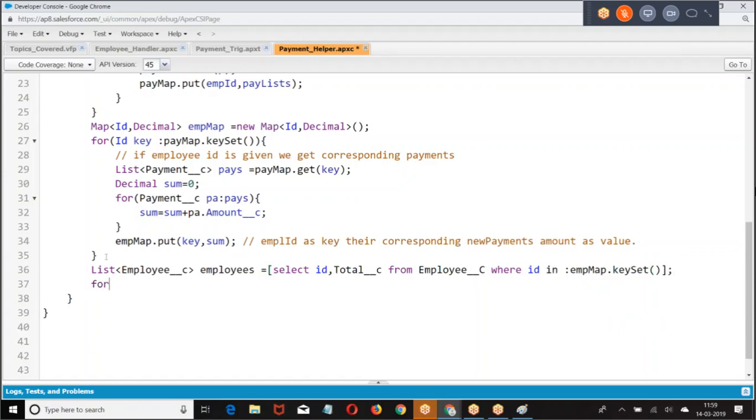Get employee data for employees: E dot total equal to E dot total plus what is the new amount we got? What is the new amount? EMP map dot get of. Then we make update. First, let me show the output. At least you get some idea.